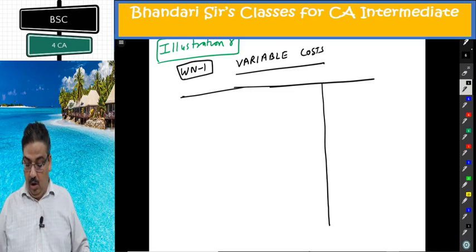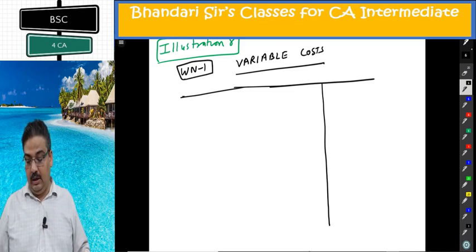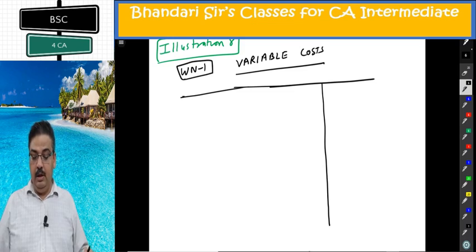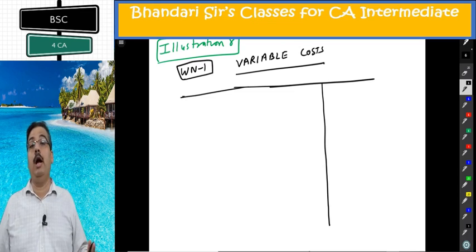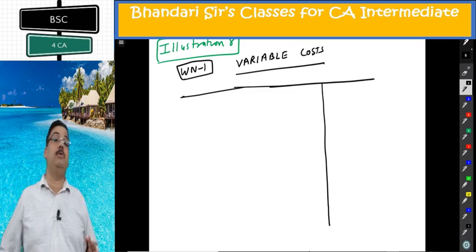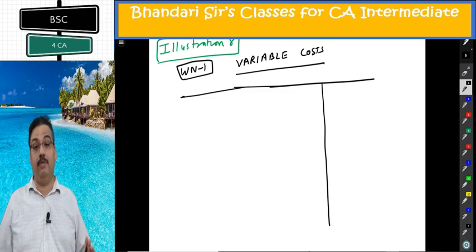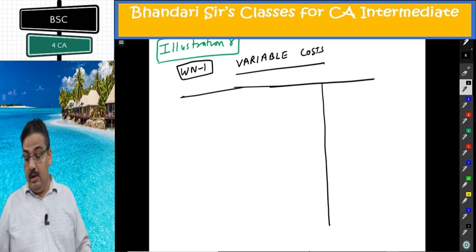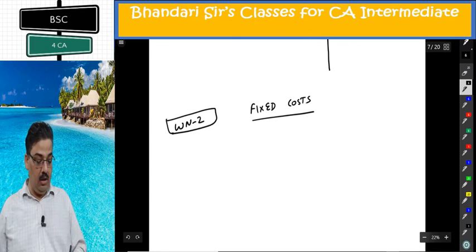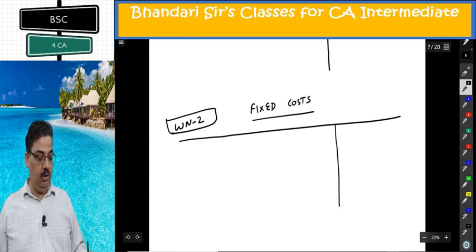So I read from the top. ABC Hospital runs a critical care unit, CCU, in a hired building. CCU consists of 35 beds and 5 more beds can be added if required. So if required, more beds can be added. If you have to pay hiring charges for them, that will become a variable cost. That will come later on. Rent per month. We are making everything for the year. Rent is a fixed cost.